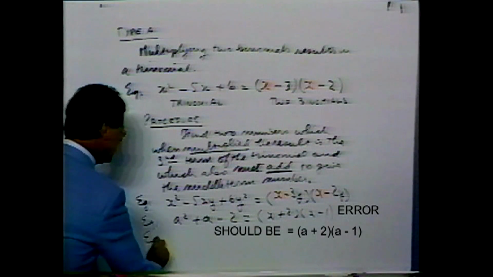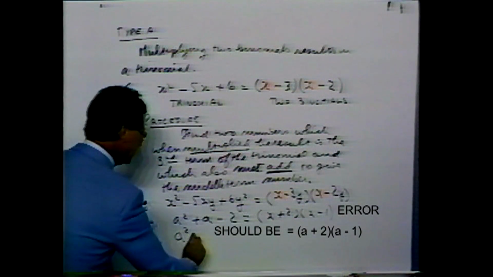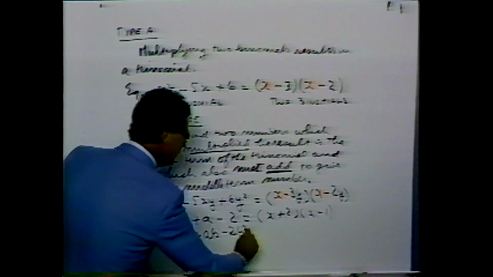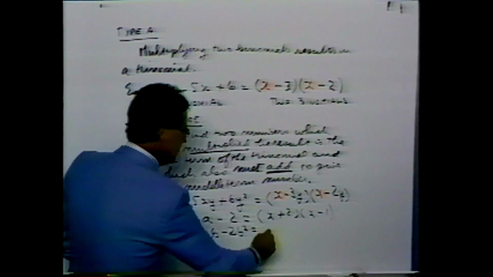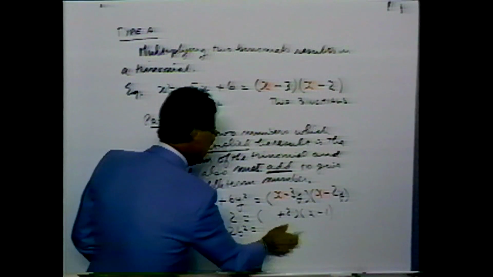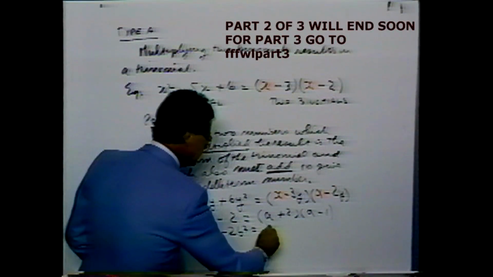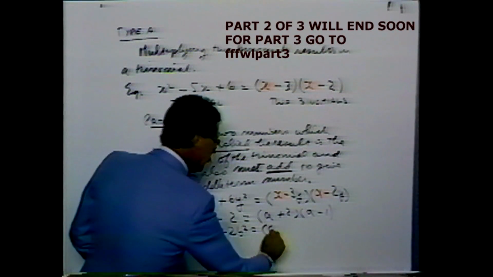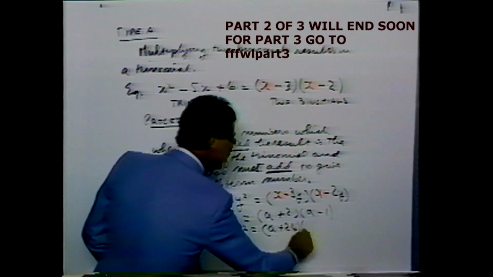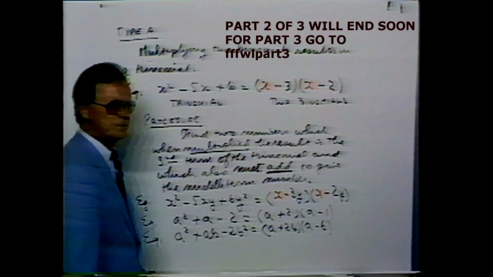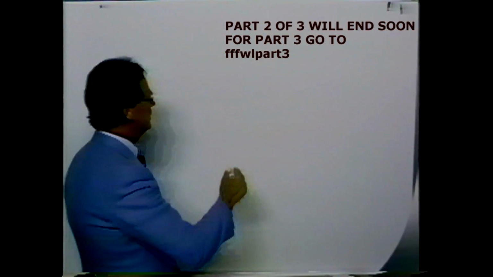The example that's similar to this one but has a second letter, a squared plus ab minus 2b squared, must be equal to, sorry, this should have been a and a. Change that. The last example must be a plus 2b followed by a minus 1b, or simply a minus b. In type B,